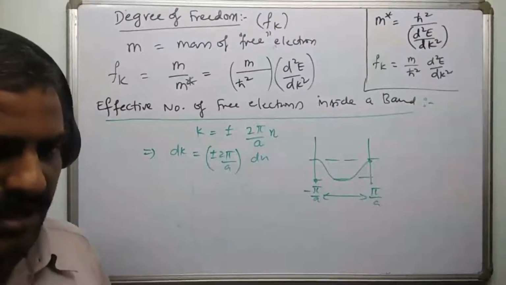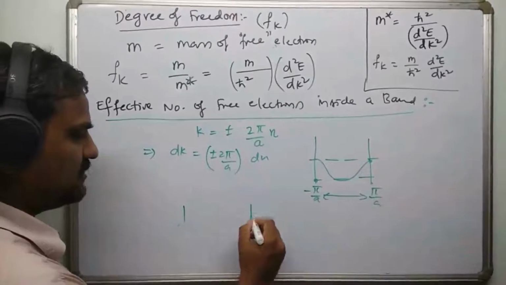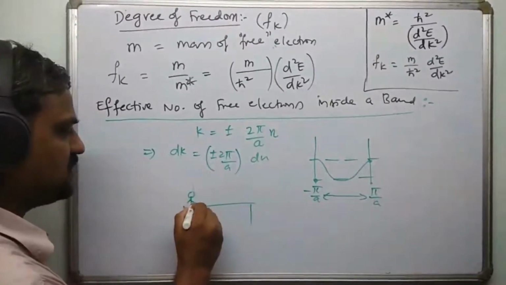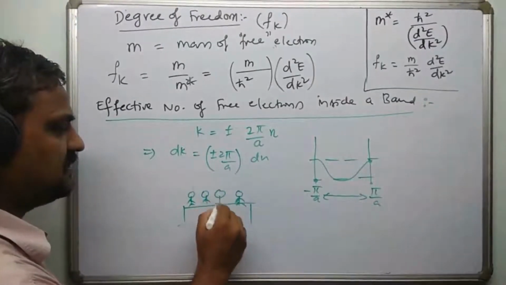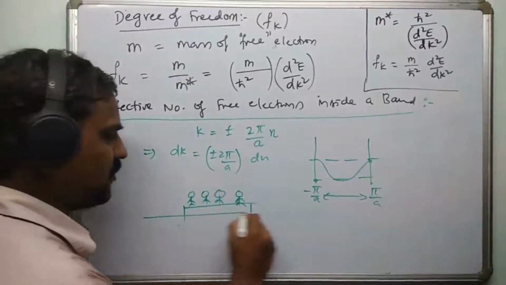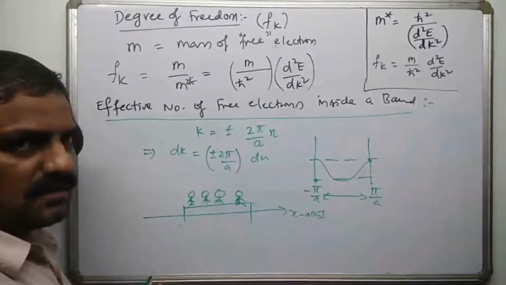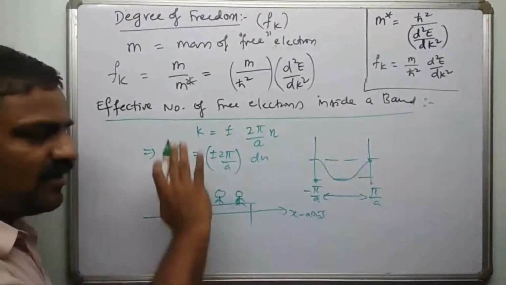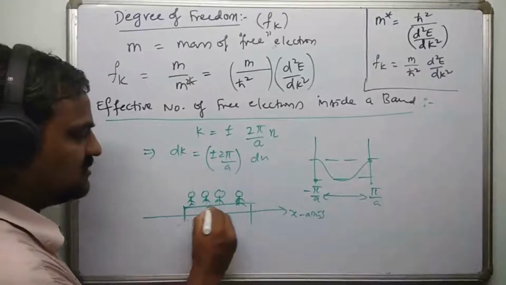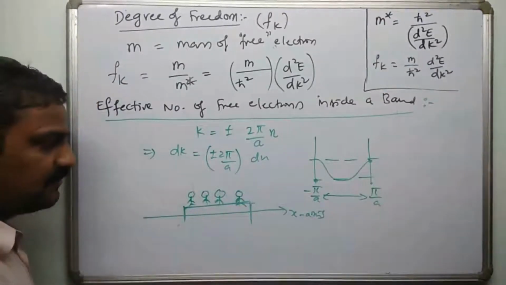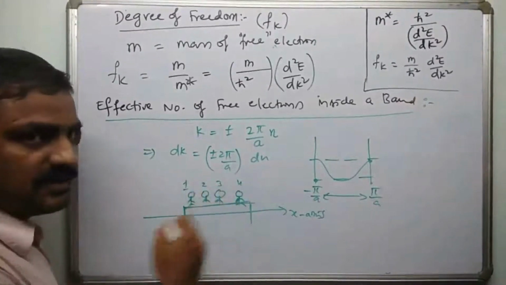Please remember, I'll show you an example. Suppose that there is a bench on which 4 students are sitting. Please take this problem literally as a one-dimensional problem. Assume that this is the x-axis. Assume that these students are allowed to move only along the x direction, no y direction and z direction are allowed. One-dimensional problem. So if you imagine that this is a table on which the students are sitting, student 1, student 4, and 2, 3 are there in the middle.